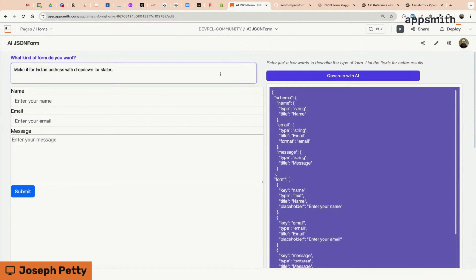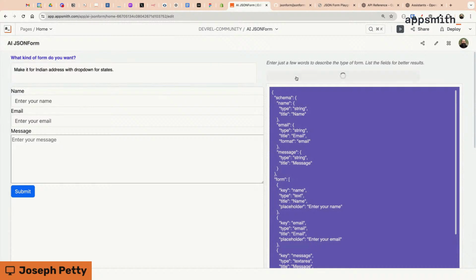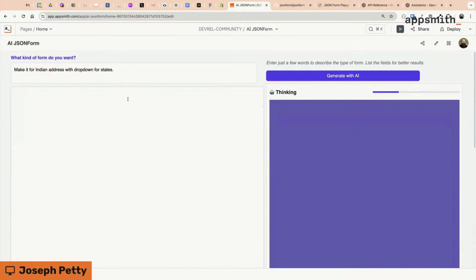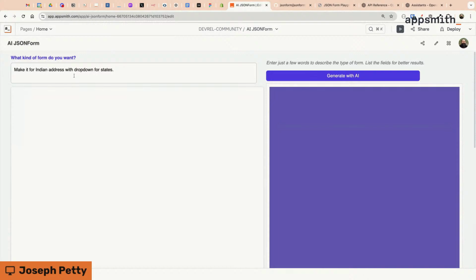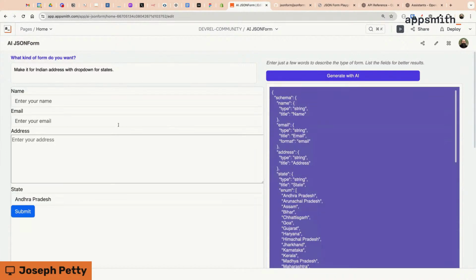And then I can say, make it for an Indian address with a drop down for the states. Cool. It remembers the context there, and it's going to apply this as a new message to the same thread. And then we'll see what it comes back with here in a second. It's running repeatedly here in the background, like every 3 seconds, calling the API again. So now we've got